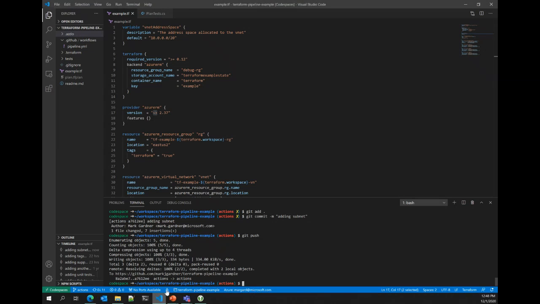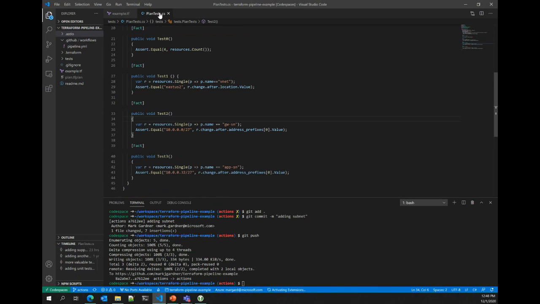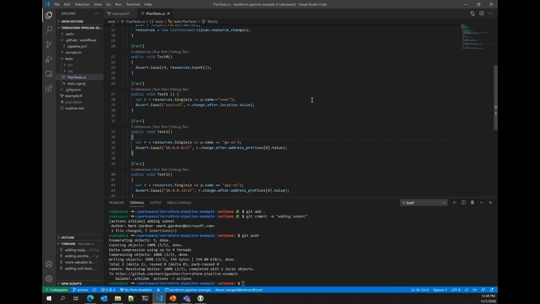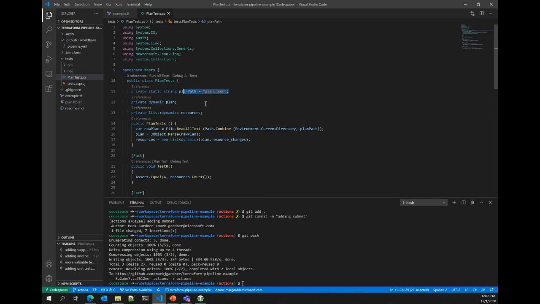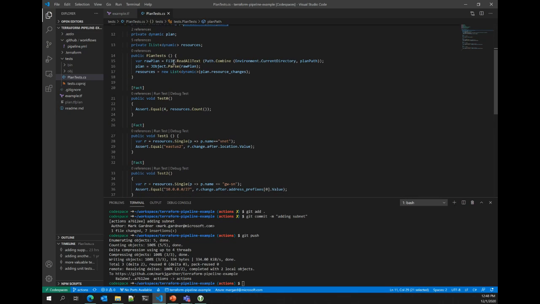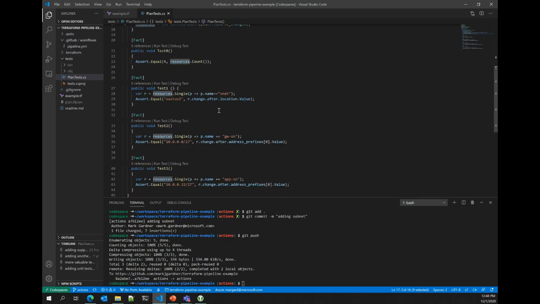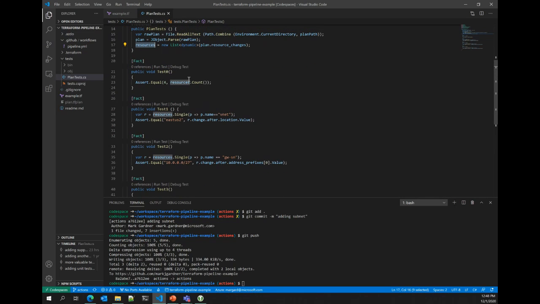I didn't talk about unit testing. So the other thing that's in this directory with this plan is a standard XUnit project. I'm a .NET developer, so I picked .NET, but honestly any test framework that you want to use can do this. I did this with XUnit. So what we have here is a simple test project. It reads the plan.json file off the local workstation. It converts that into a dynamic set of resources, and then it runs 4 tests against those resource definitions for me. The first test is just a really simple one.